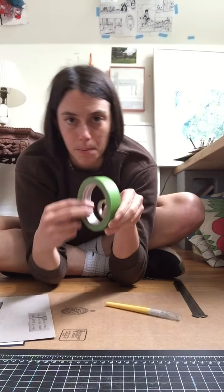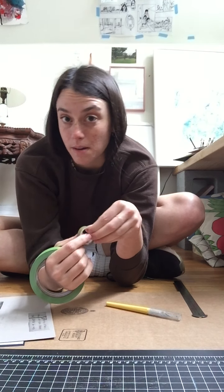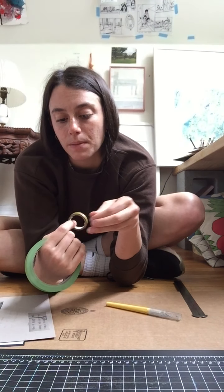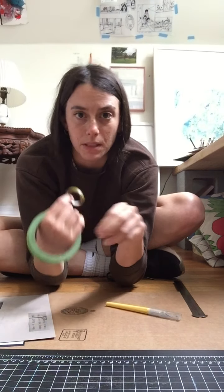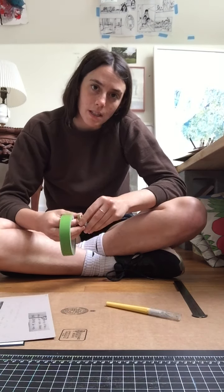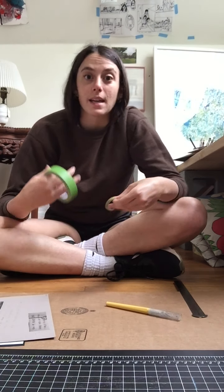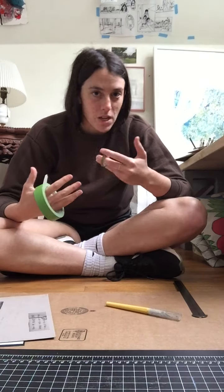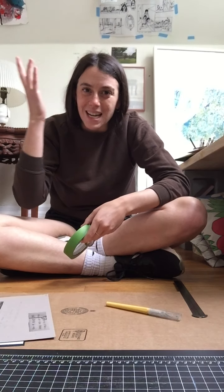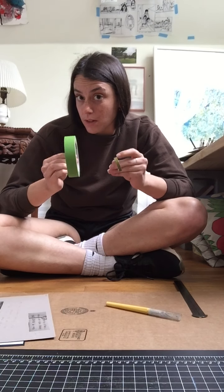I have a couple different kinds of tape on hand because a lot of times when I make a book, I know that I'm going to make a book, but pretty much every time I do it, it comes out a little bit different. I have a new idea, and so I just really am into good tape, and I like to have my options at my fingertips, so if I get a new idea, I can just act on it instead of just thinking about it. So I have two kinds of tape out, a skinny one and a big one,